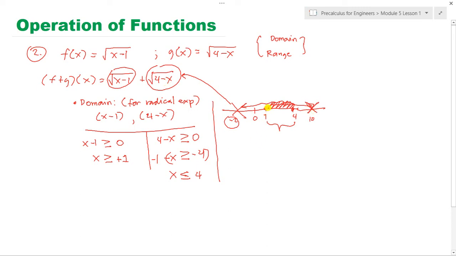So our prospect, which is between 1 and 4, is correct. So therefore the answer is the interval from 1, so we can use brace since 1 is included, and then to 4, you can also use brace, but you can